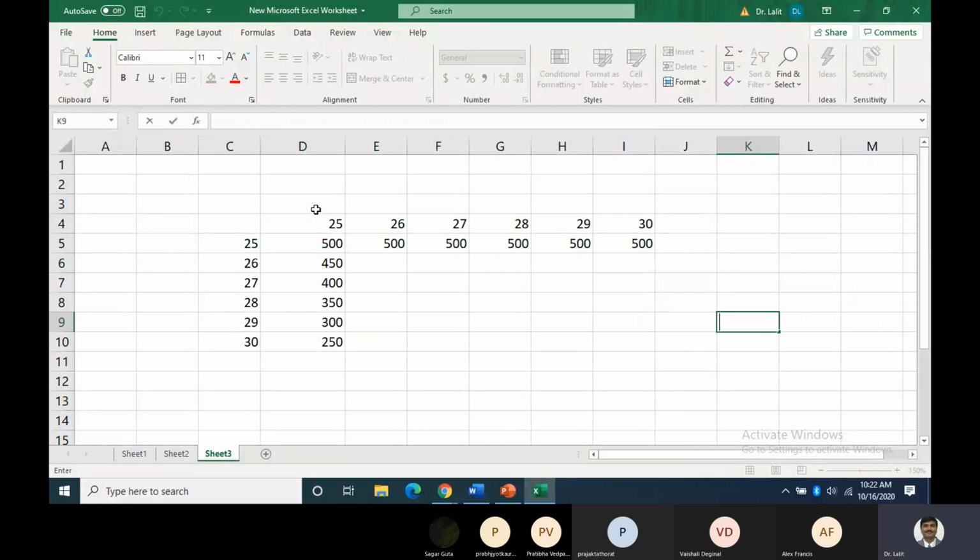So here states of nature are demands that varies from 25 to 30, and decision making क्या करना है? How many books to be ordered? 25 books order करने या 26 करने, 27 करने या 30 करने, right? So these are the acts and these are the states of nature. Fine. Okay. Any doubt?